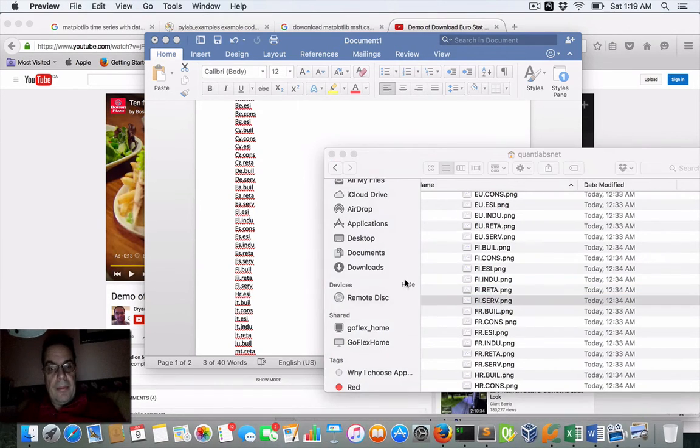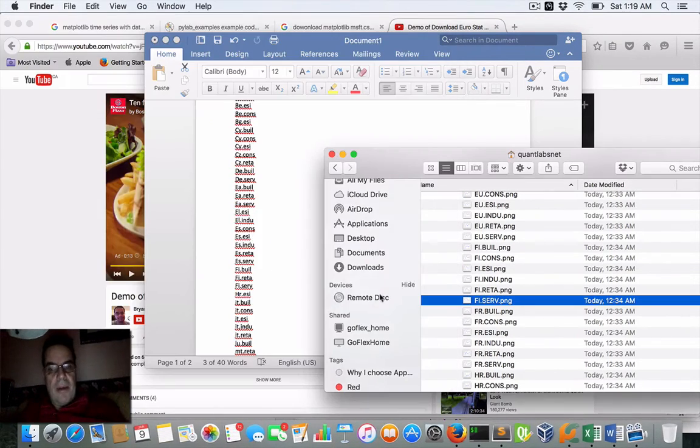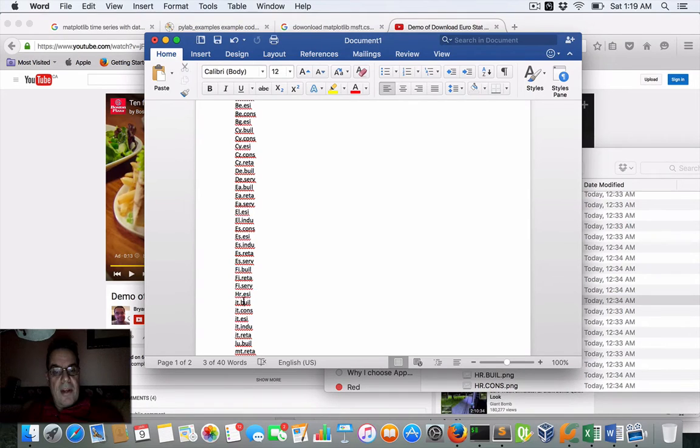Finland services. Now each of these points are monthly, okay? And as I said, if I get the axes properly done to be displayed, I'd be in good shape. But well, we're not there yet, but it's better than last time. Okay, so those are. Oh, and let's talk Italy.